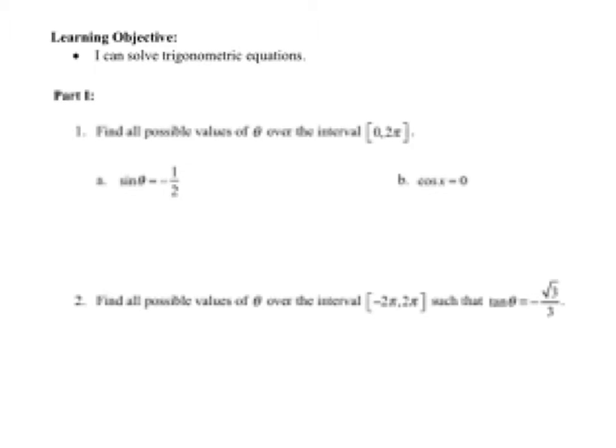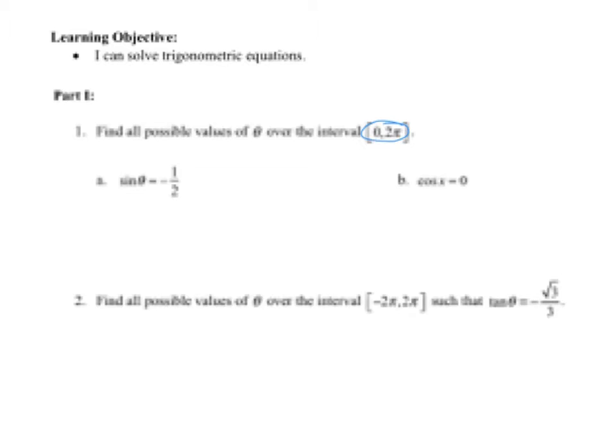In this video, we will be solving trig equations. And make sure you pay attention to the given domain in the problem. When you solve a trig equation, there can be one answer, there can be many answers, there can be an infinite number of answers, and there could be no solution. So always pay attention to the domain, which is all possible values of the input or the variable you're solving